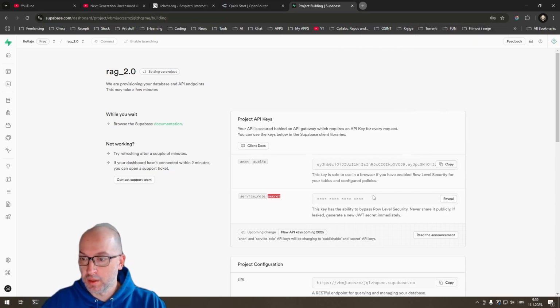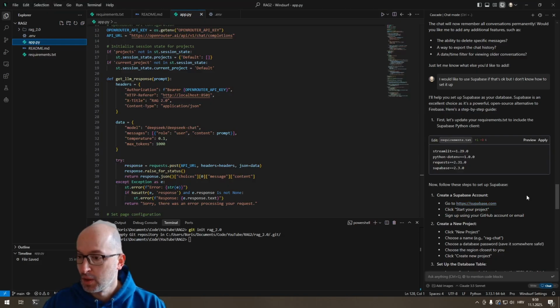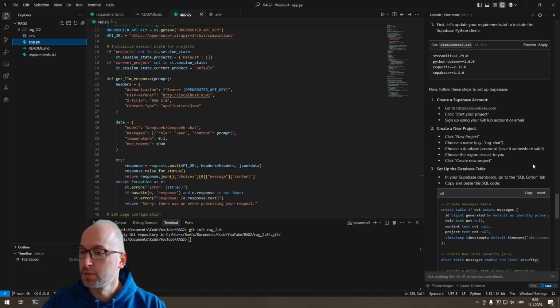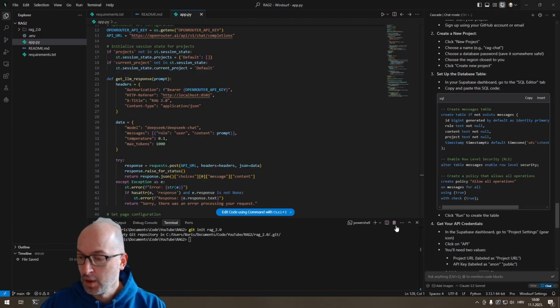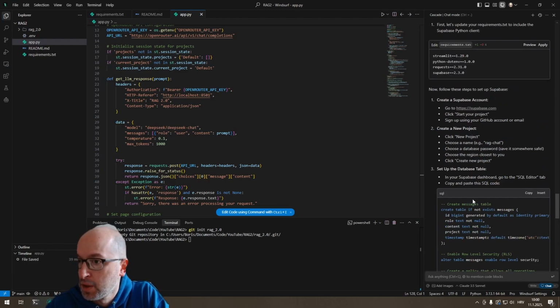So we're gonna need, you can see a part of it, but yeah, I'm gonna delete it anyway. So this is an API key, and in this URL, that's what we need. So we need Supabase URL and Supabase key. I'm just gonna pause you just to set it up. Okay, now when I set up my API key,